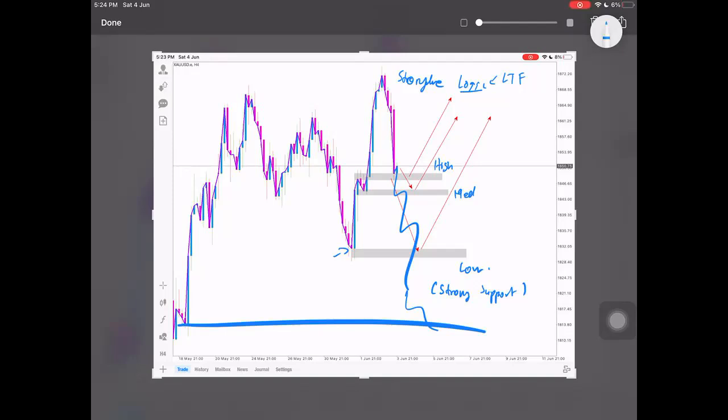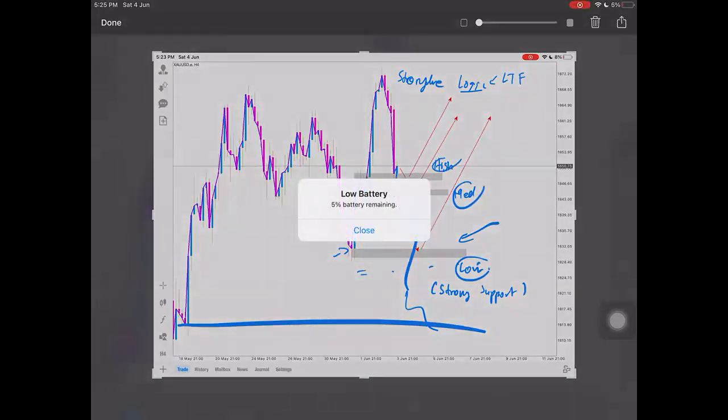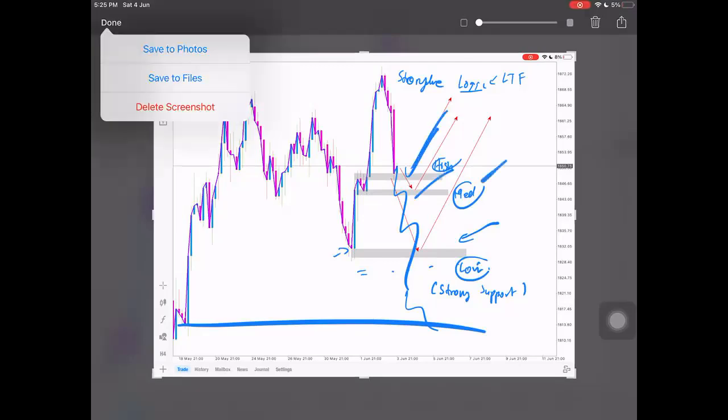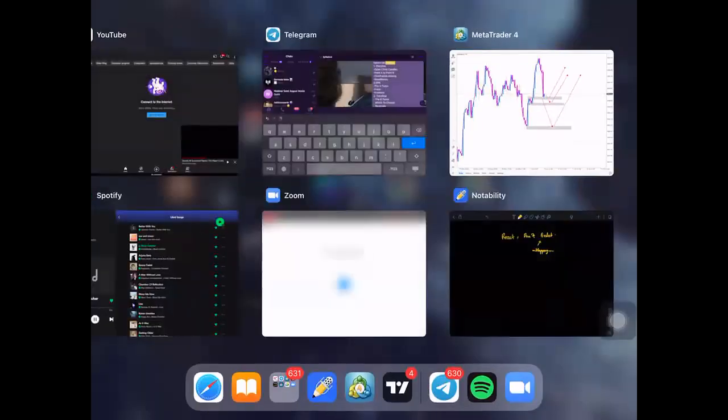When someone does this stuff, you can already guess his level of skill, because he's basically gambling. He's just finding random supports, not waiting for the reaction. So for this low, medium, and high, there will only be one support that will be taken. Only one. So there's no such thing as this one. Yeah, you get me. It makes perfect sense.